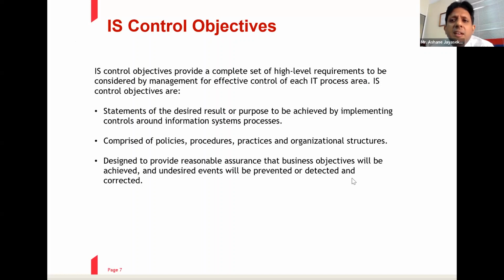So IS control objectives, right? When IT audits are carried out, we have to check IT related controls. So what are these control objectives? These are the desired results. This is why we carry them out. If you have an IT department and they carry out various activities, they carry them out to achieve the IT objectives. Now, to achieve IT objectives, you have to have controls in place, right? Without controls, you cannot ensure that the staff carry out their work and will meet that objective, right? So to do that, you have to ensure that